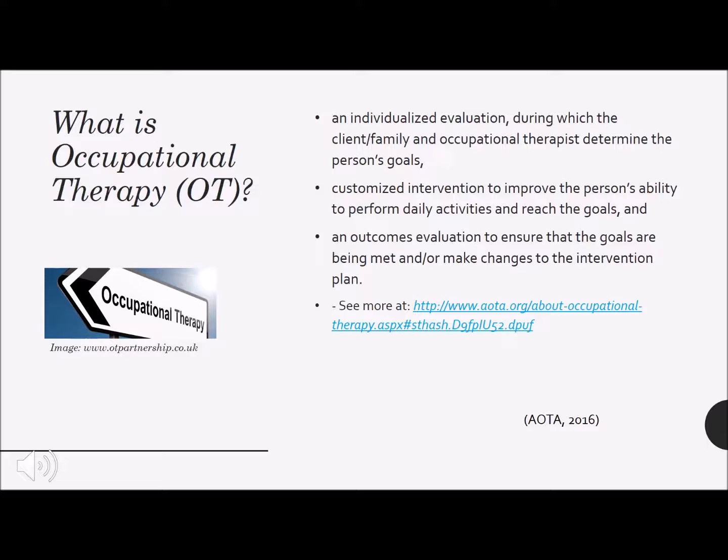This is great because a lot of therapies, like physical therapy, for instance, when someone tears an ACL and they have surgery, the recovery process is the same for every ACL tear. They have a certain goal of being functional and mobile and all that, but the recovery is the same. For OT, you could have a client who wants to do any occupation, and any occupation can be whatever they choose it to be, which is really great, and it makes the possibilities endless for what you could be helping